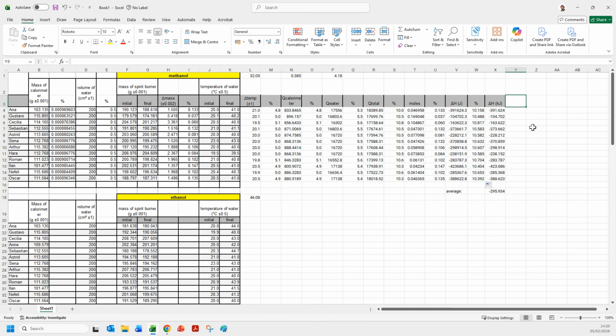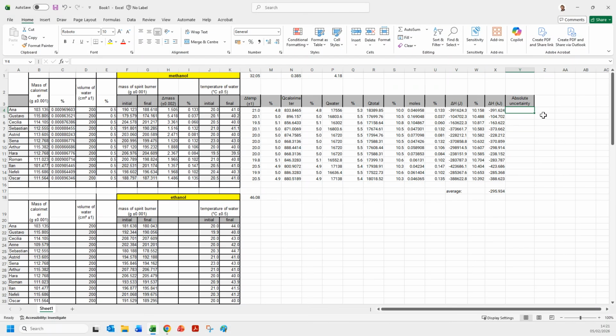Now the last column here is going to have the final absolute uncertainty. Again, the box is not quite deep enough. Let's just make it wider so it fits. Okay, so to find the final absolute uncertainty, we need to find this as a percentage and apply this percentage to